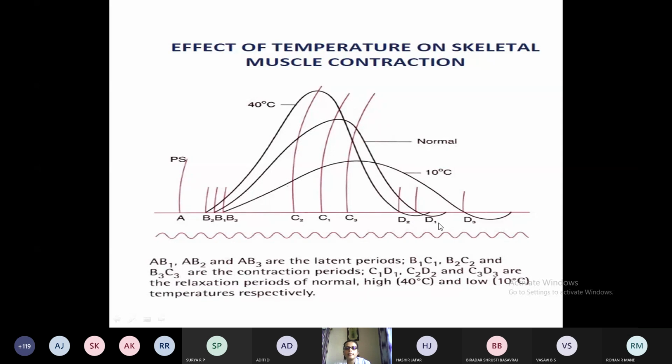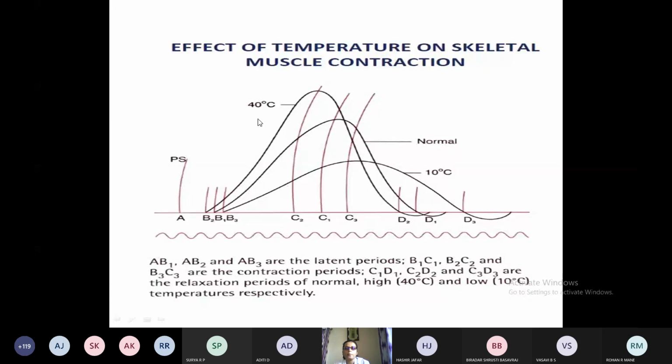So we are taking three ranges of Ringer solution of different temperature. For cold, we are taking almost 10 degrees Celsius, 10 to 16 degrees we can take. For normal, the normal room temperature, you can take 26 to 30 degrees Celsius. And for the heat or hot, we can take the Ringer solution up to 40 degrees. So this is the range from 10 to 40, but we cannot go beyond 40 degrees Celsius.